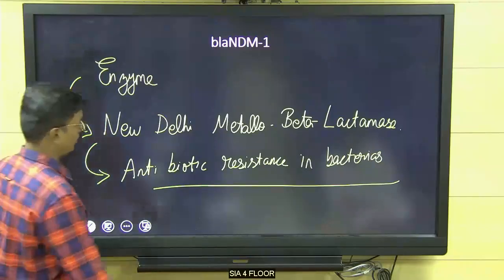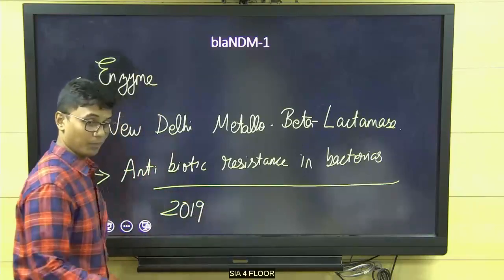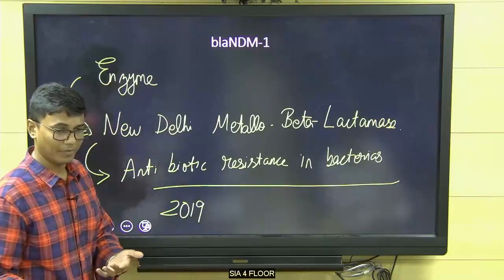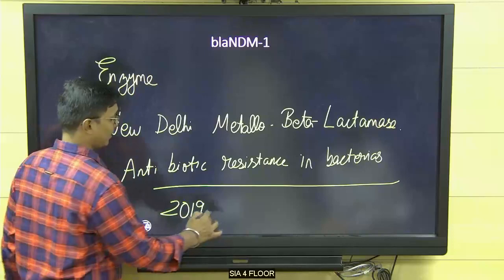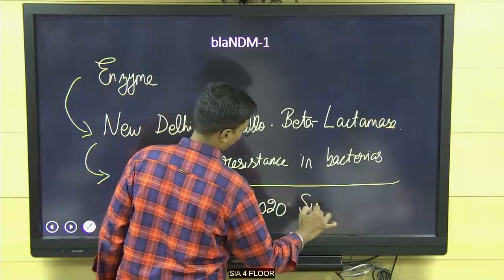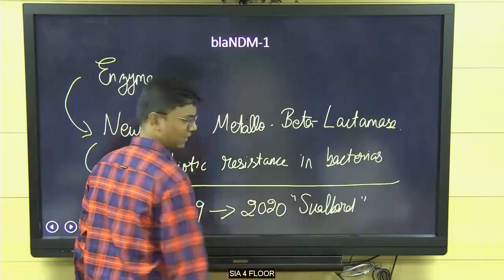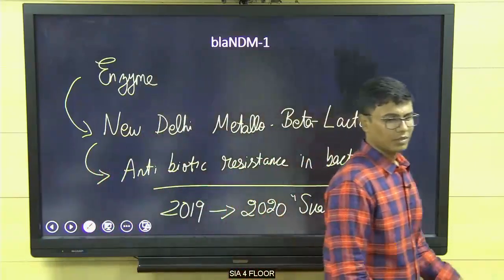Repeatedly this was in the news because in 2019 they said BLA NDM1 has spread to Europe. Somehow from New Delhi it has spread to Europe, and in 2020 this was discovered in Svalbard, close to the Arctic. What is famous about Svalbard? The Svalbard Treaty, and other than that, we have a